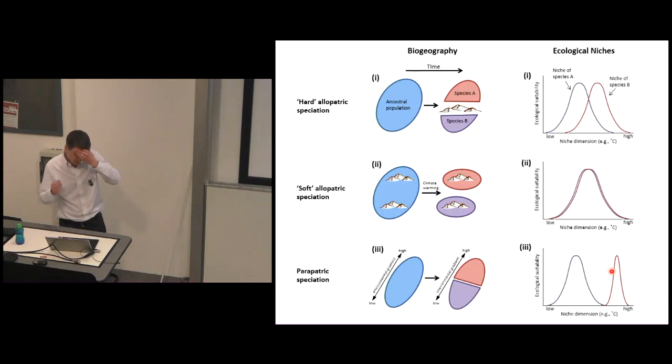But really more powerful, and what I wanted to get onto, is to examine the ecological characteristics, to come up with some ecological hypotheses as to what we would expect to see between sister pairs. So here we can think about abiotic niches: this is the ecological suitability along some ecological dimension, it might be temperature, it might be precipitation, going from low to high. Let's actually start down here because it's more straightforward.